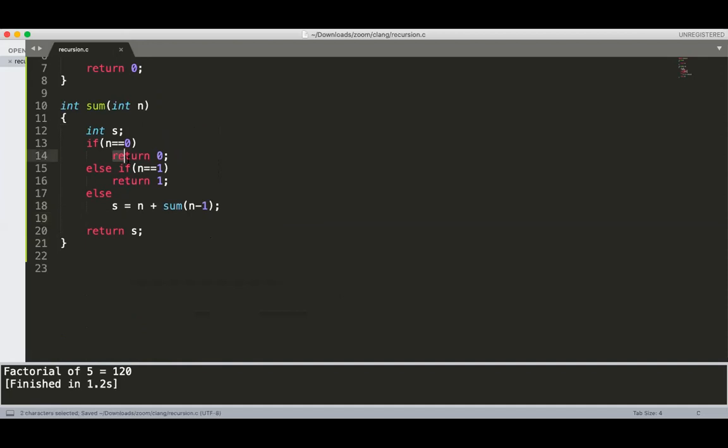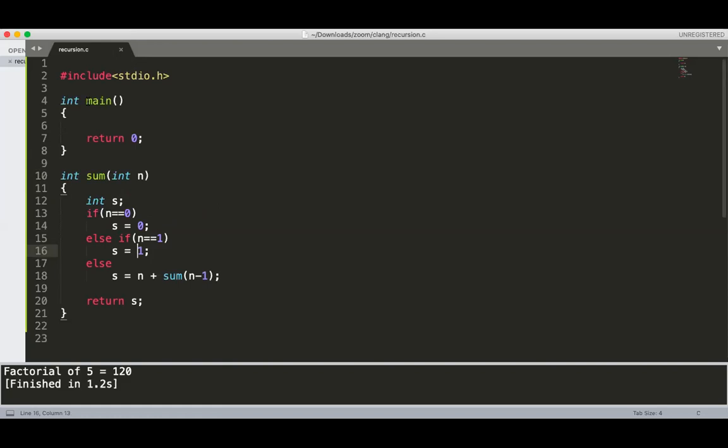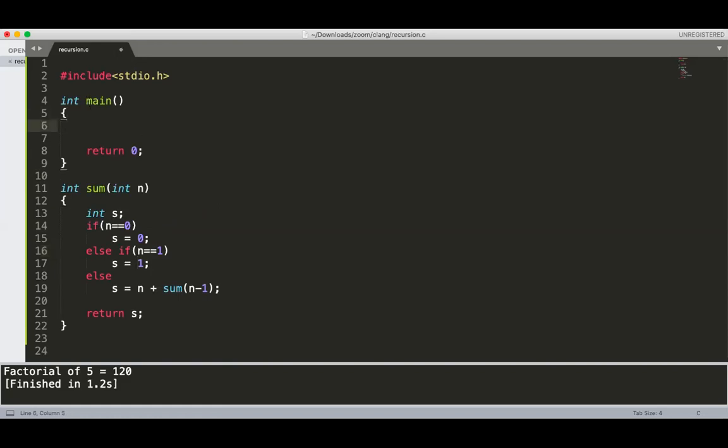Or instead of this, you can put here s is equal to 0, or s is equal to 1, and else s is equal to n plus sum of n minus 1. Okay, so we'll test out that formula. int res is equal to sum of, suppose, 10.